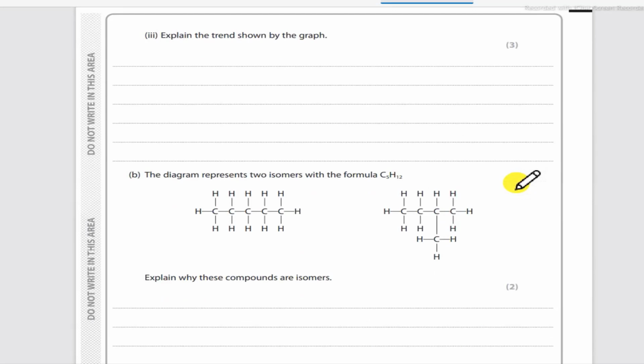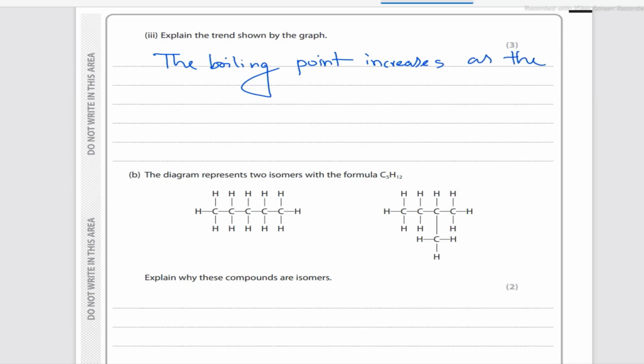Explain the trend shown by the graph. The boiling point increases as the number of carbons increases. Because